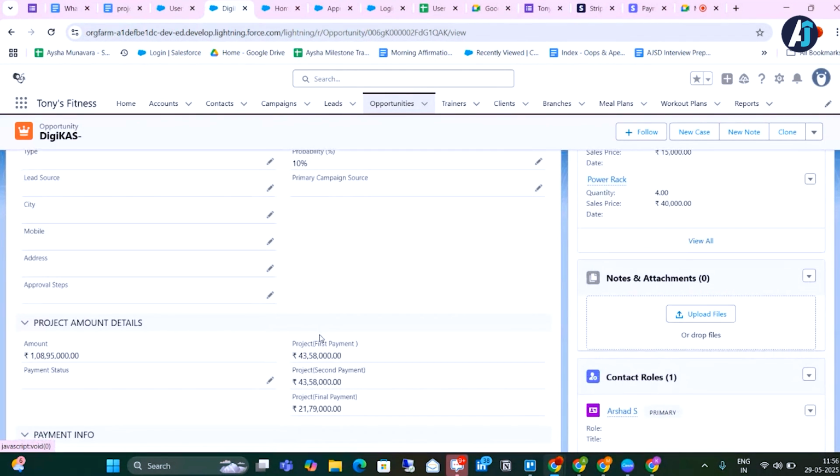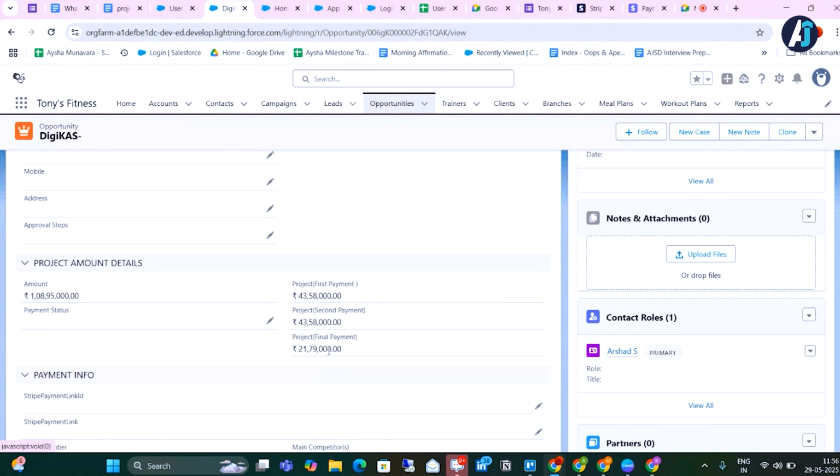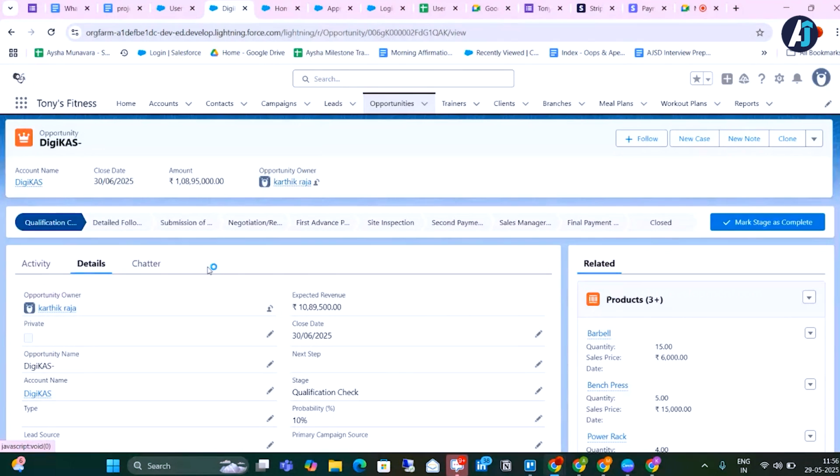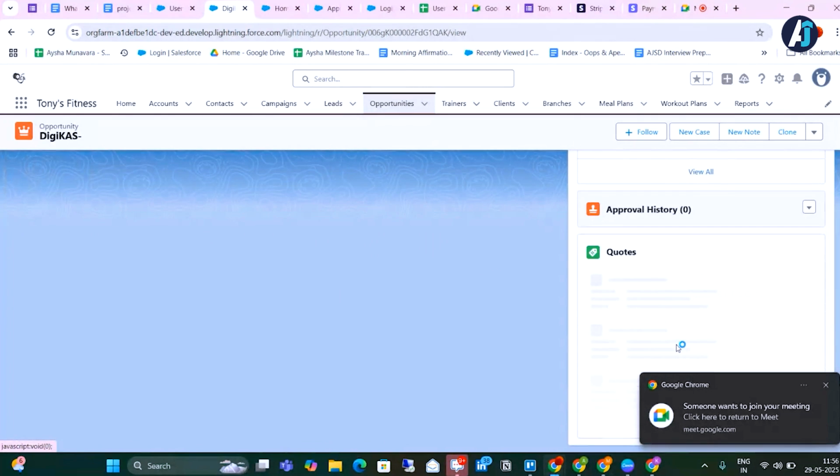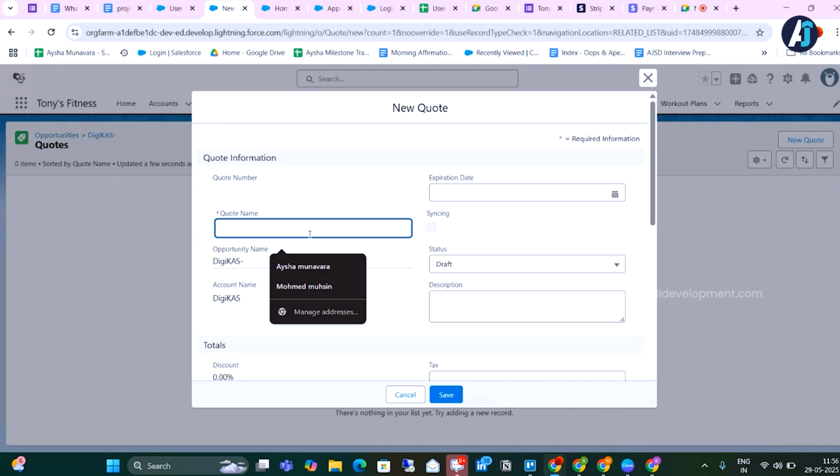Now the amount has been divided into 3 parts. The first payment is 40% as advance, the second is the next 40%, and the final payment is the last 20%. Then we'll add quotes and a contract to the opportunity.